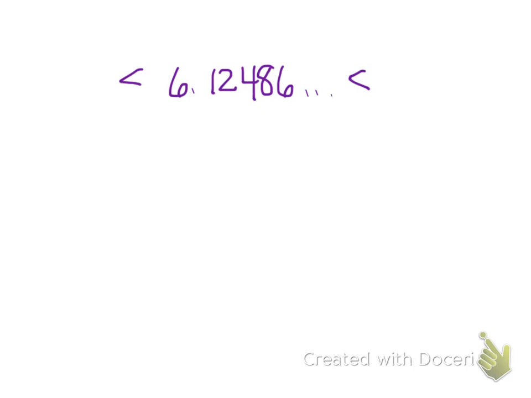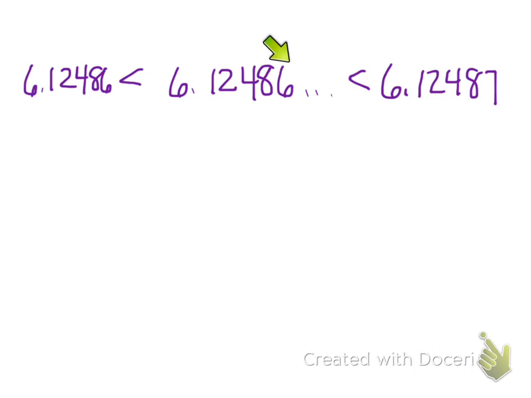So it's greater than 6.1248 because that just chops off all the rest of the infinite digits, right? So I know my number is greater than that, and I know that it's less than 6.1247, right? Because if I put a 7 in this spot here after the 8,